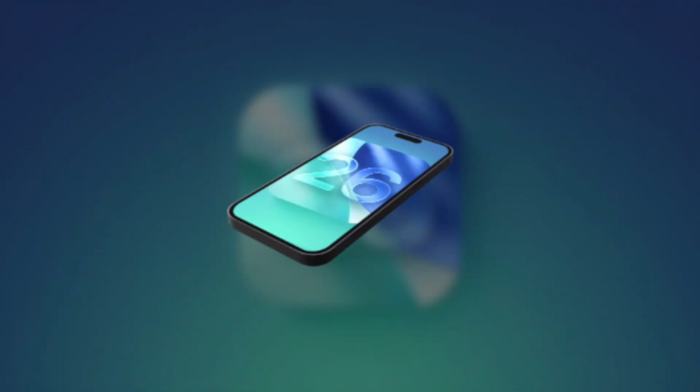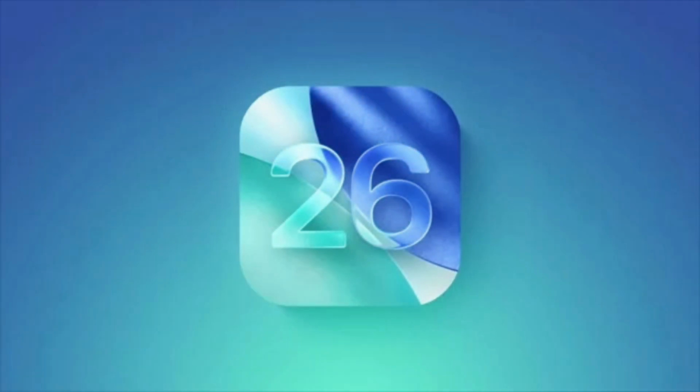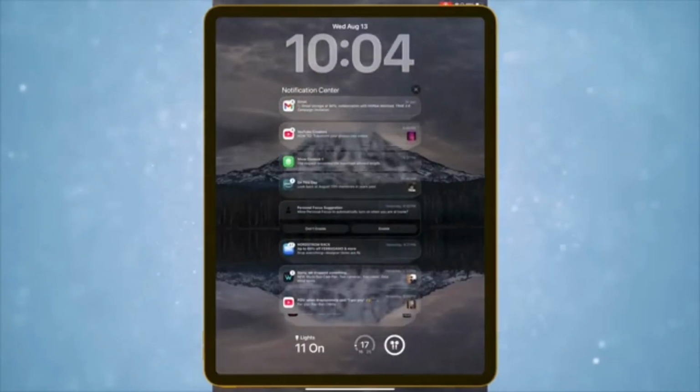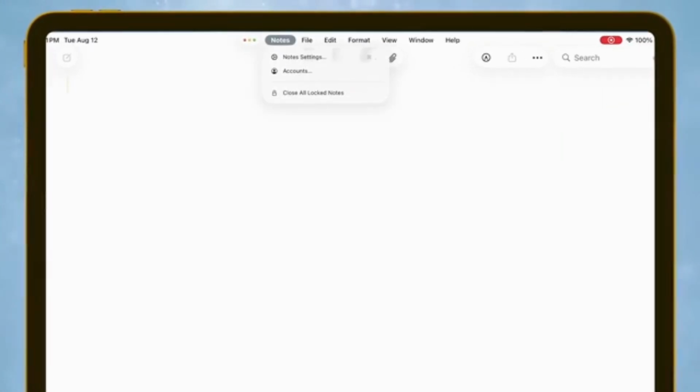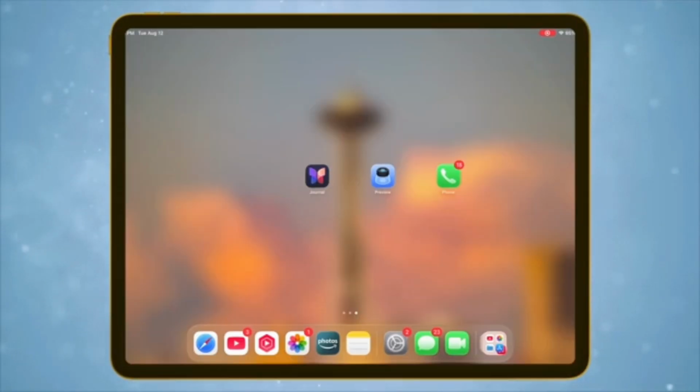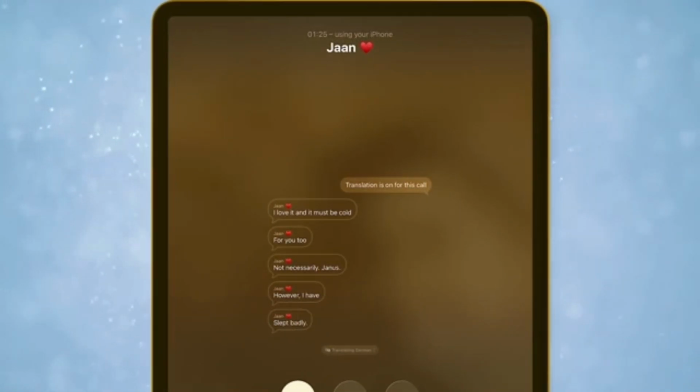iPadOS 26 is here and it's the biggest update iPad's ever seen. Yes, there is liquid glass design, but I'm super excited for full Mac-style multitasking and windowing features which can literally replace my laptop. There are new apps like Preview and Journal, smarter AI, and a ton of small updates that